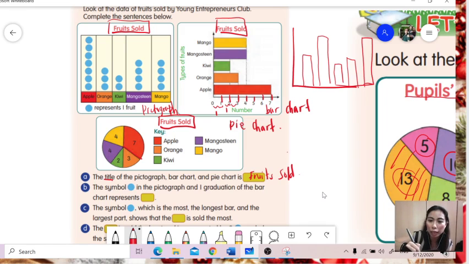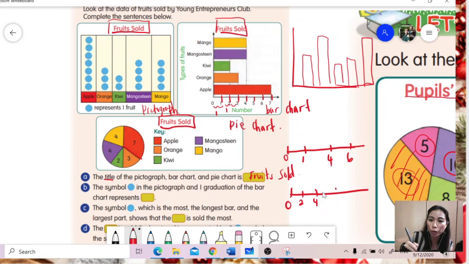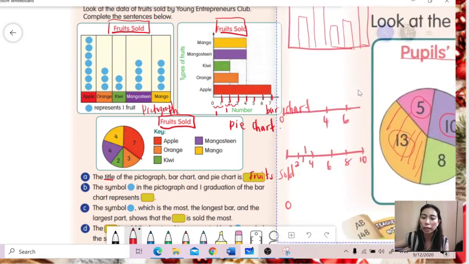Tak boleh bila we cannot do like, okay, we start with 0, mesti start with 0. And then when we have here is 1, it's 1. And then here suddenly we straight away as to 4 maybe. Then 6. Okay, you cannot have this. You have to be equally, the graduation mesti sama rata. If it's 1 by 1, so 1, 2, 3, 4, 5, 6, 7, 8. Kalau you count by 2, okay, for example 0, so 2, 4, 6, and 10. Ini cara dia lah, graduation dia, you have to be sama